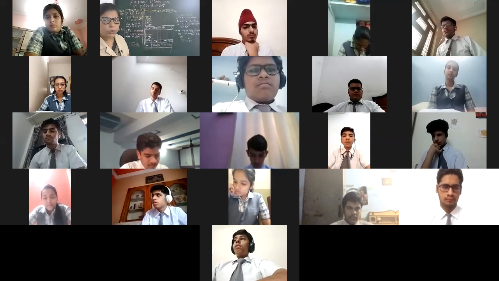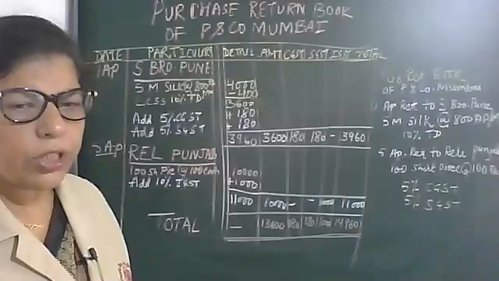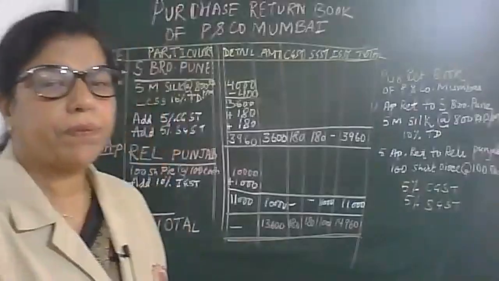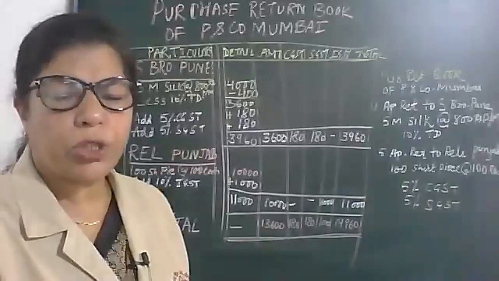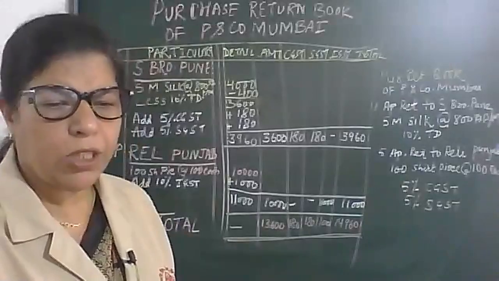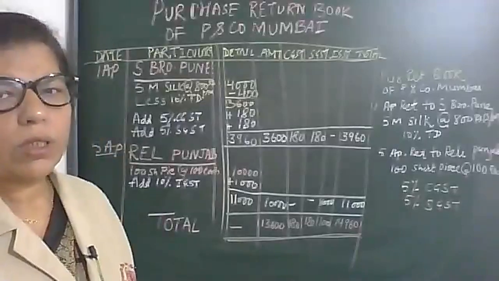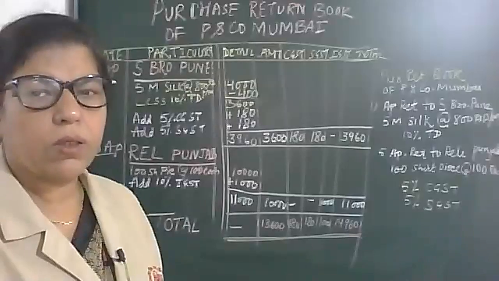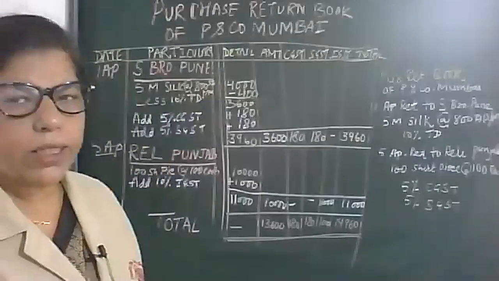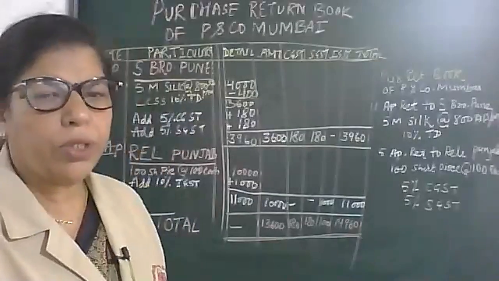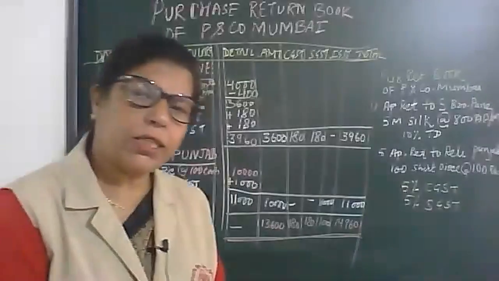Now my question is to you. If there is no TD in that transaction, what should we do? Yes, Savan. If there is TD, TD means what? Trade discount. I unmute you, beta. Yes, now. Trade discount is to be deducted. So my question to Mayur is, if that transaction has cash discount, then is the cash discount also deducted?